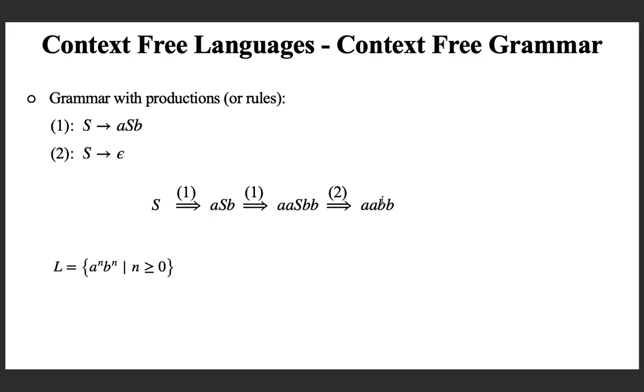And when we learn about this, we can see that context free grammars and push down automata are equivalent in power. Given one representation, you can automatically obtain the other. So we will be learning about push down automata and context free grammars as formal representations of context free languages.